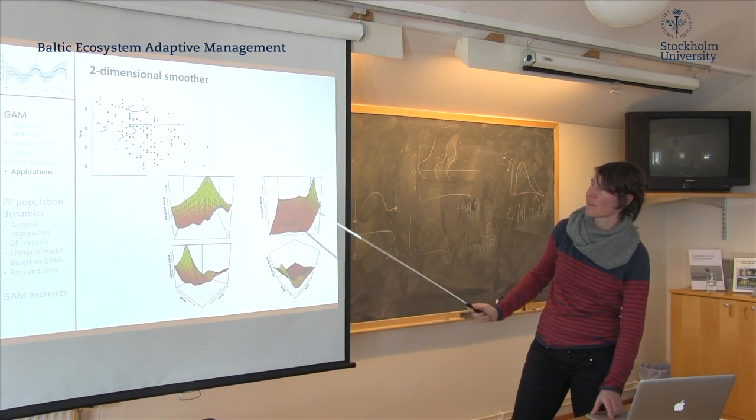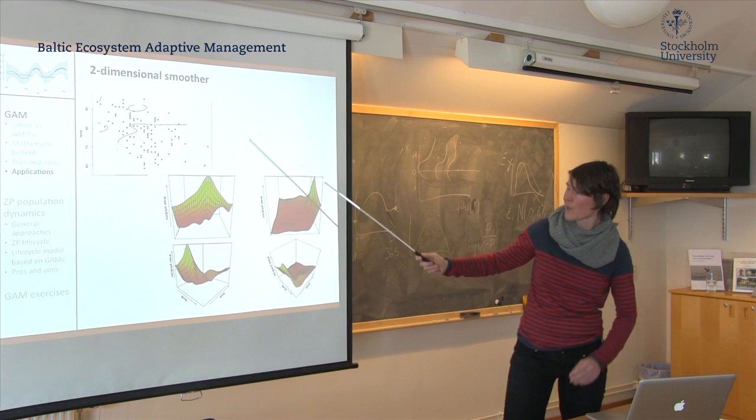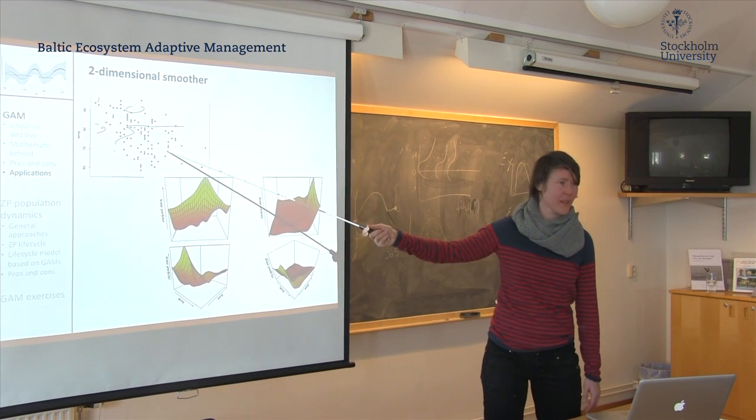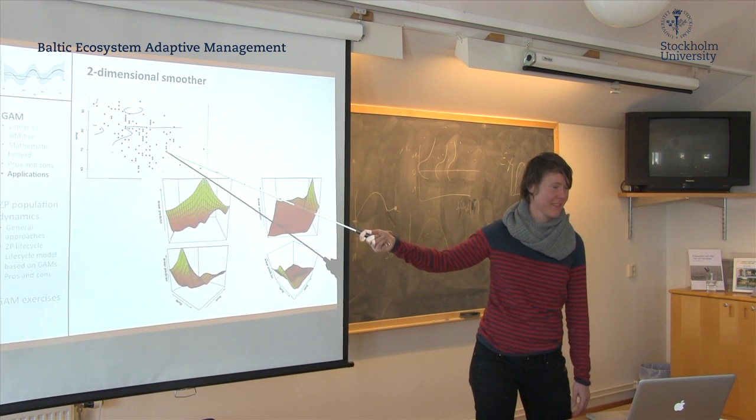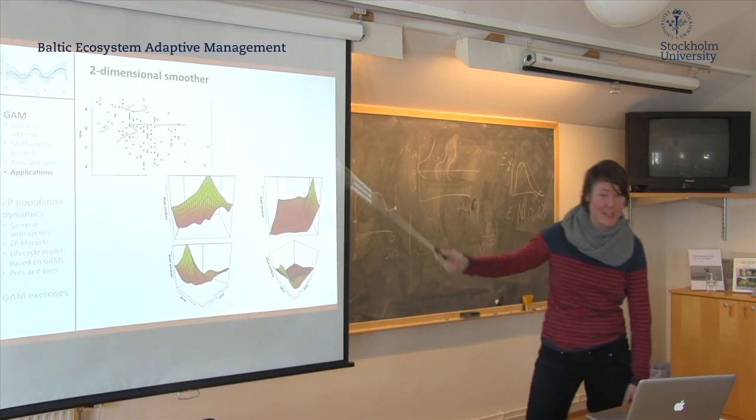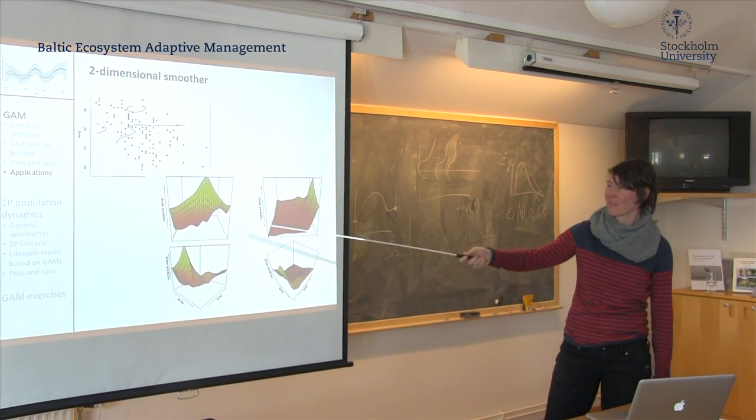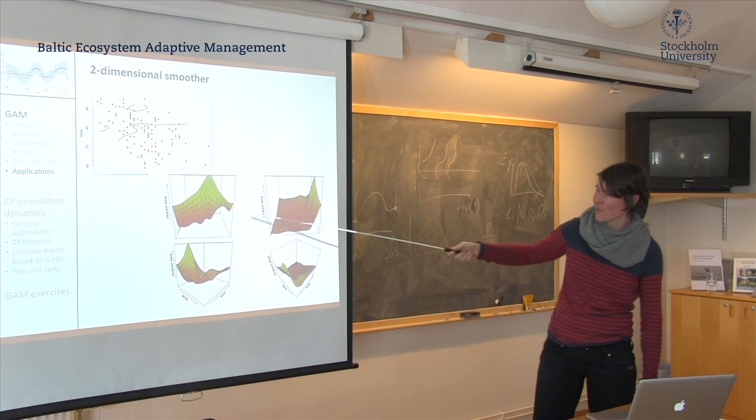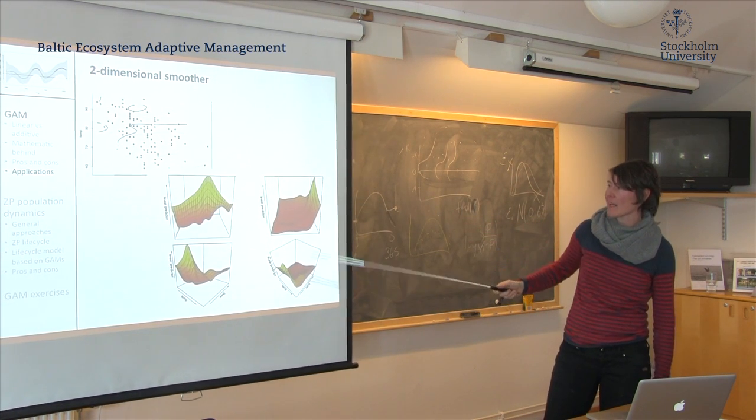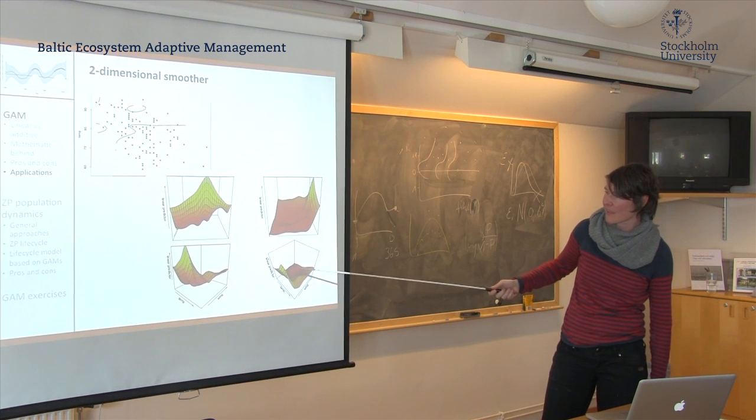Here's another example with temperature and wind, I think. I don't know how to interpret that. But what you can do is have a three-dimensional plot. It's the same, and then this is from different angles. And it lets you better see that, for example,